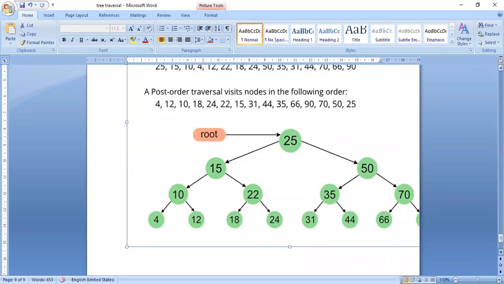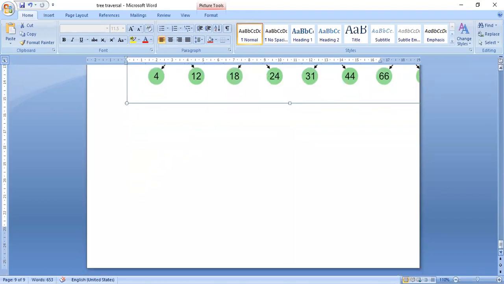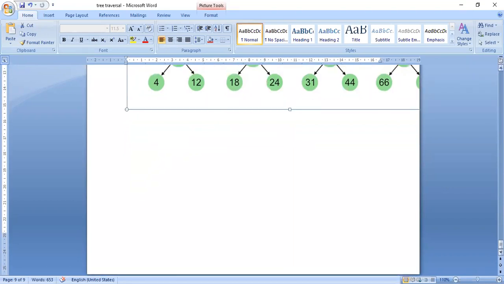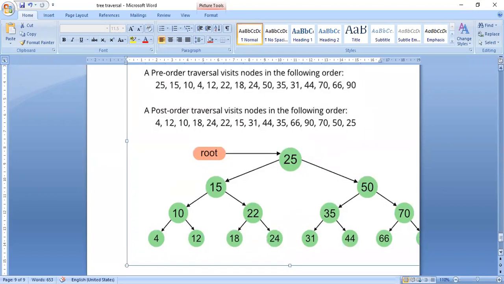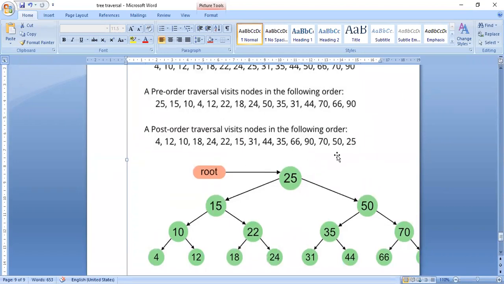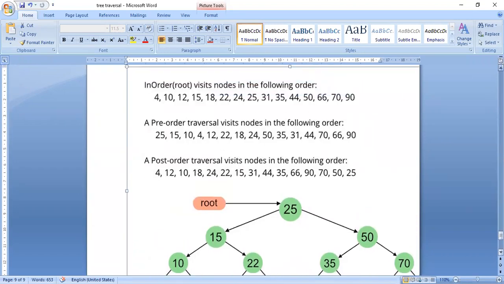So in this way, you have to do the thing. Unless you practice, you can't understand. You have to practice. You have to take an example like this, and you have to practice. Then only you can understand.